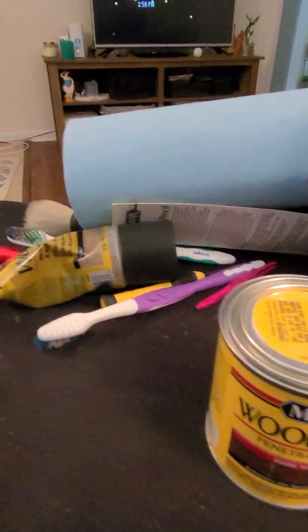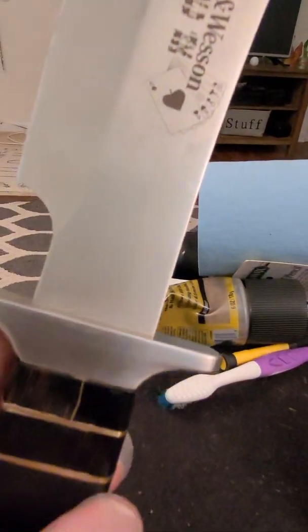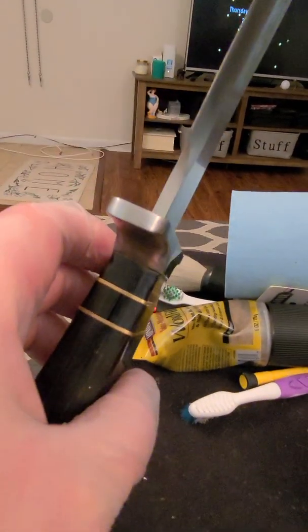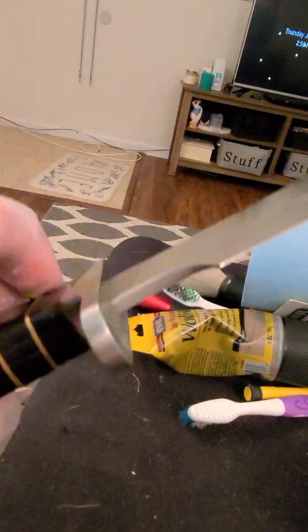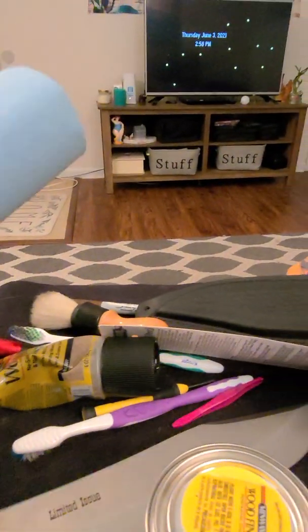I'm going to refinish it with some wood finish, a little bit of... like there's one of the cracks I just did. There's the major cracks I did on this side. There's one right there that I haven't even touched yet. None on that side, which is surprising, but it also comes with this